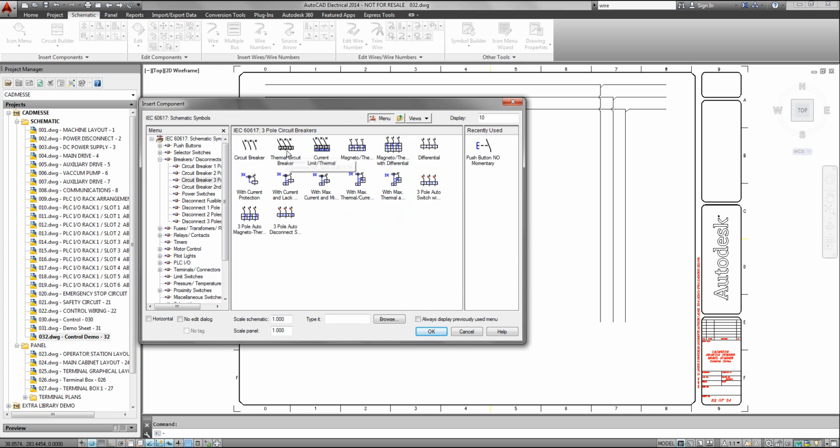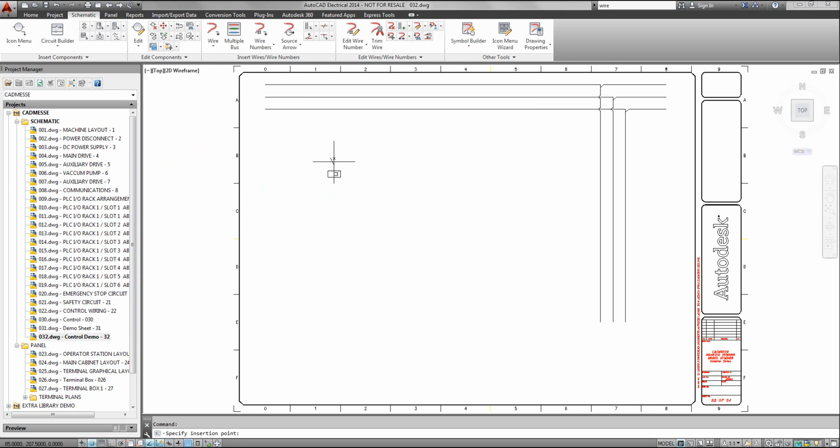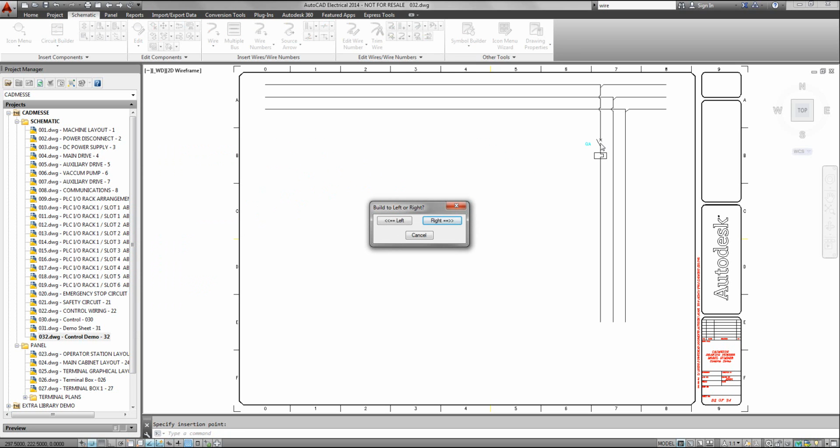I'm going to go to a 3-pole thermal circuit breaker. I select the option, come over and drop it in line with the first wire there. Left click to put it in place. Now, because I'm dealing in a multi-pole circuit, these components I'll want to drop themselves on the wire itself, and